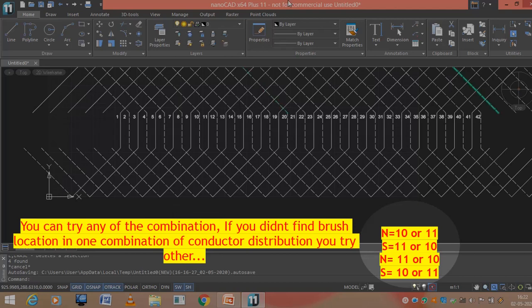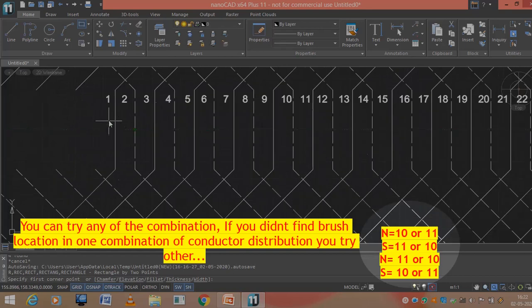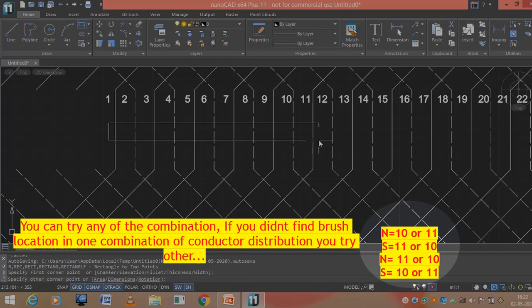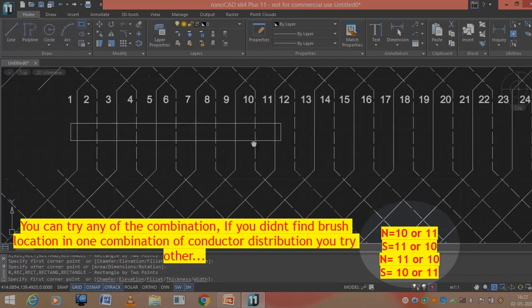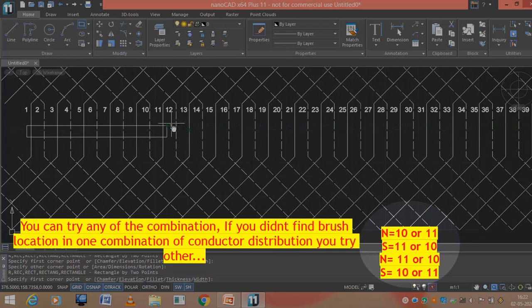So let us draw this pole. The pole pitch is 10.5. So first I will be plotting the north pole. Under the north pole there will be 11 conductors. Okay. And I will be plotting the south pole now. So how many conductors should come under the south pole here? Here you turn this off. Oh snap. How many conductors should come under the south pole? 10 conductors, right?